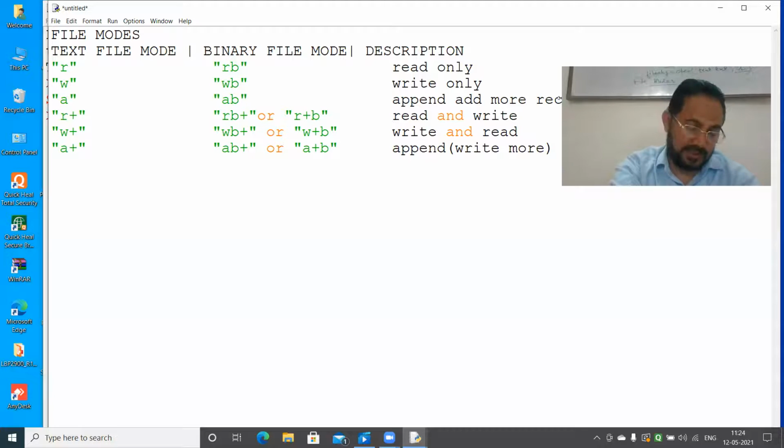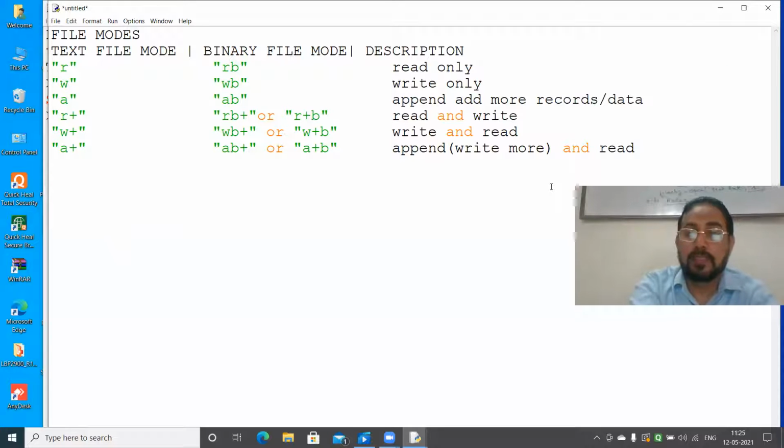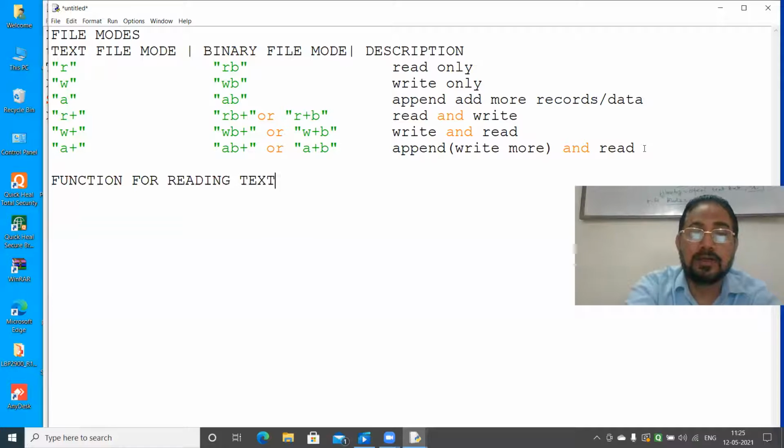So first you write: functions for reading text files. Functions for reading text files. Okay. Now, once you are reading the text file,